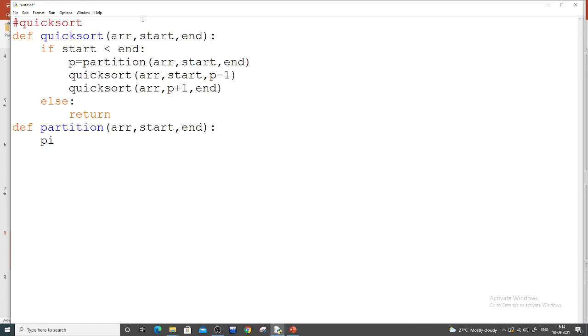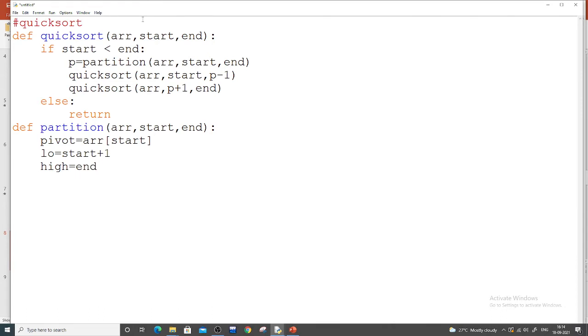Now here I will choose my pivot. The pivot is my starting value. So whatever the start value is, that value is my pivot. And my low value is start plus 1, because from the next point onwards my low starts. And my high value is end.